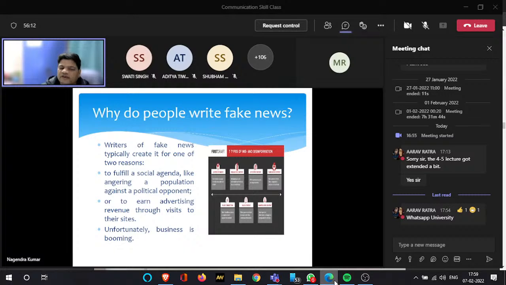People circulate such things that anger certain people, and such things are fabricated so that political mileage can be taken. So suddenly we'll find that a video goes viral in which a